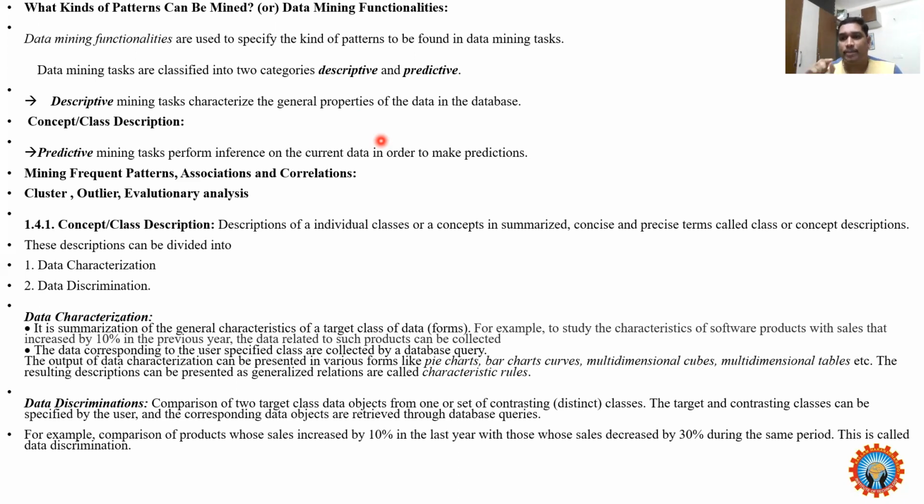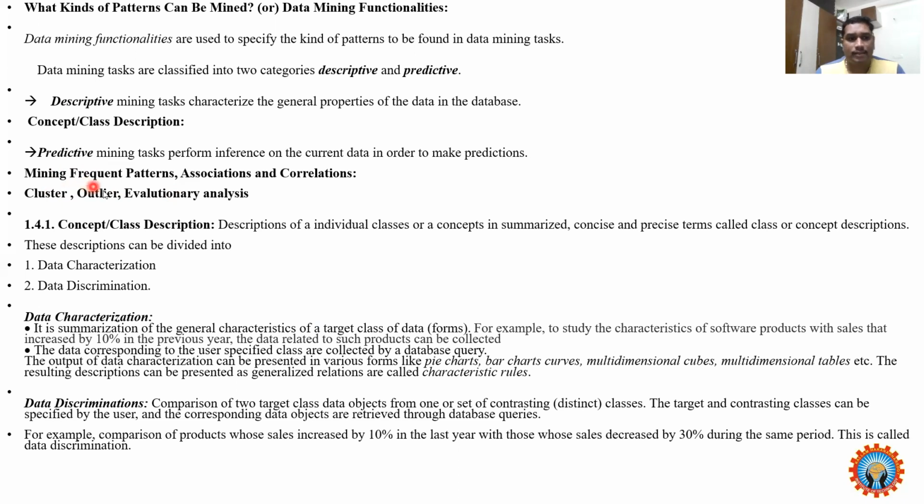So now you are giving some property. Based on the property you are describing, that is called as discrimination. A particular data doesn't have any property, but you have to predict the data, whatever data you have. That is called as descriptive property. Okay, in descriptive property there are concept or class discrimination. In descriptive you use concept or class discrimination, whereas in predictive you can say that